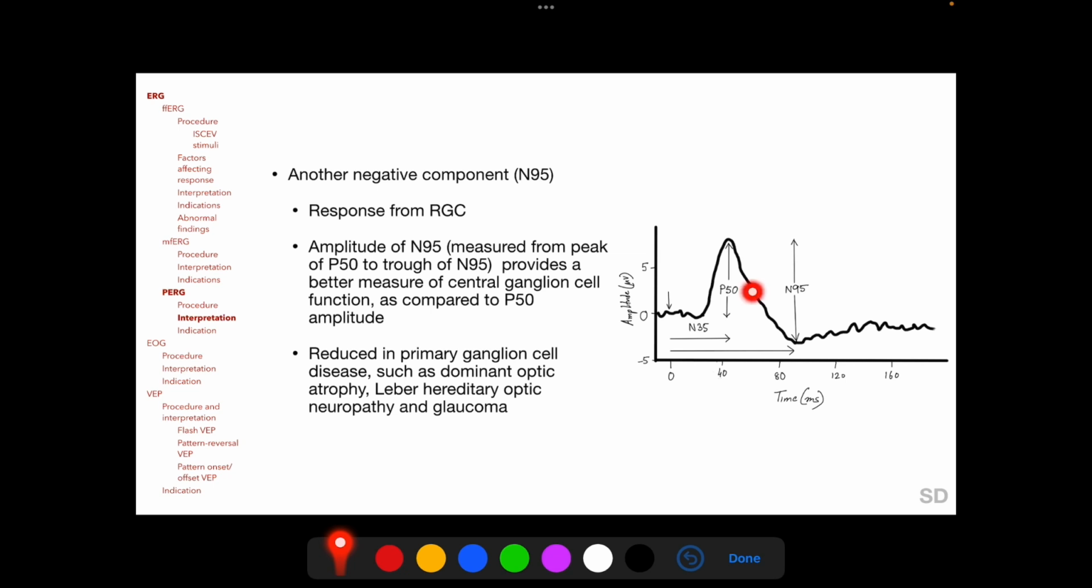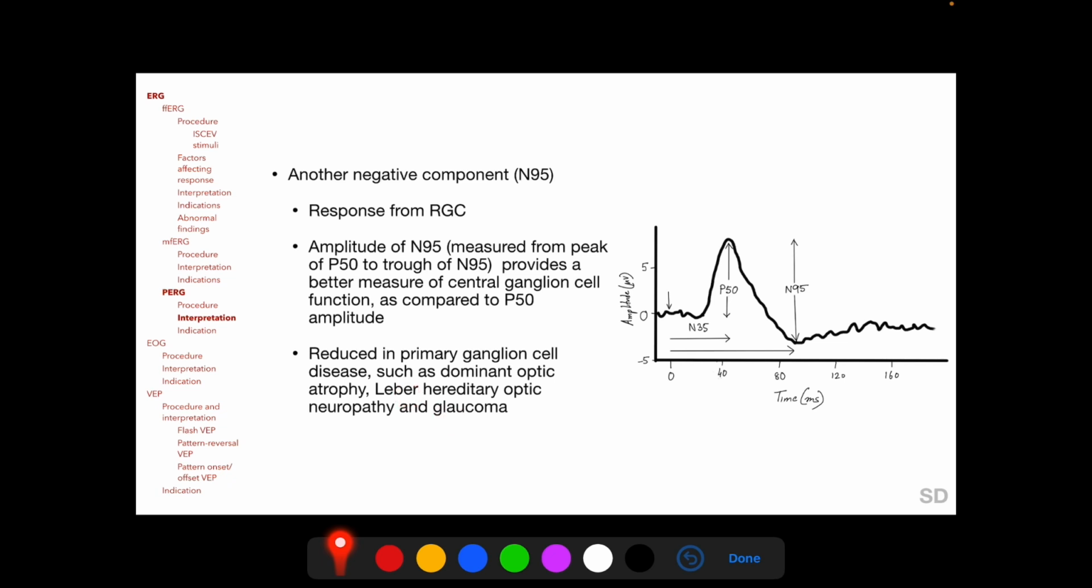Finally, there is a negative component called N95 in the PERG response, and this deflection is a response from the macular retinal ganglion cells. The amplitude of N95 provides a better measure of the function of the ganglion cells of the macula as compared with the amplitude of the P50 wave, and the amplitude of N95 is measured from the peak of the P50 deflection to the trough of the N95 deflection. The amplitude of N95 is reduced in primary ganglion cell diseases such as dominant optic atrophy, Leber's hereditary optic neuropathy,